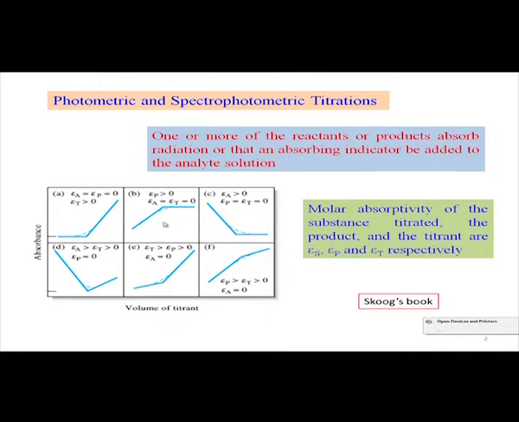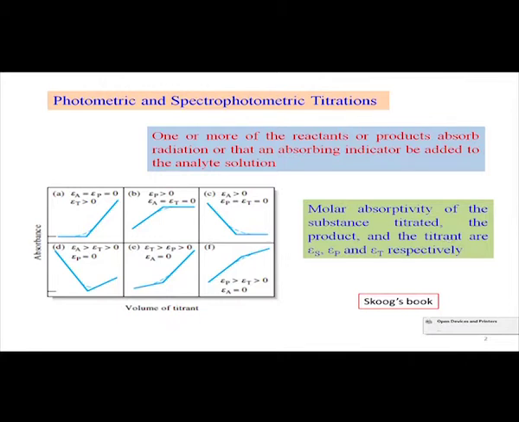So, nicely you see that all these plots, and whatever we are talking about here, are some epsilon values only. And always we think we do something where you have the corresponding analyte and all this. So, we can consider the corresponding epsilon values only for your corresponding species, that means the molar absorptivity of the substance titrated, that means your analyte,